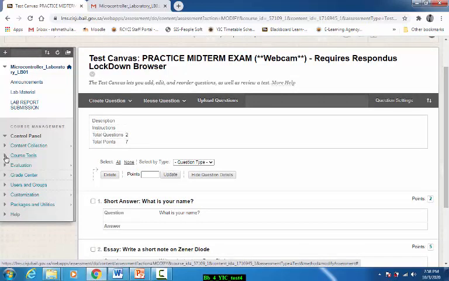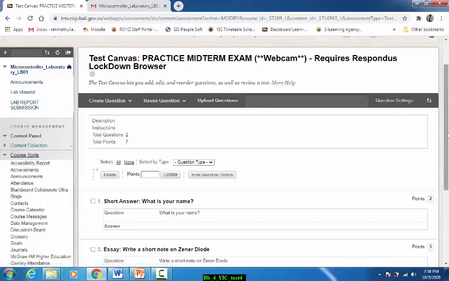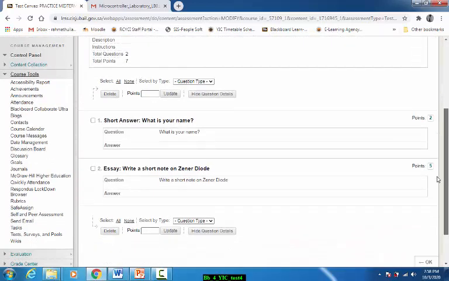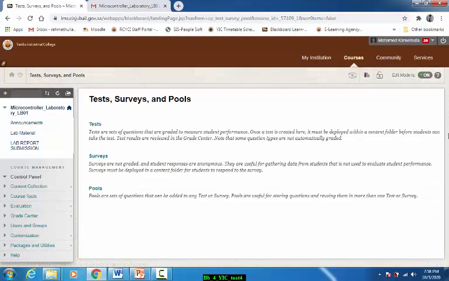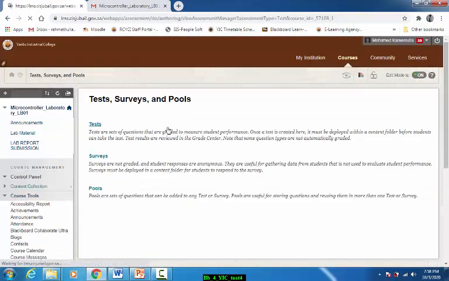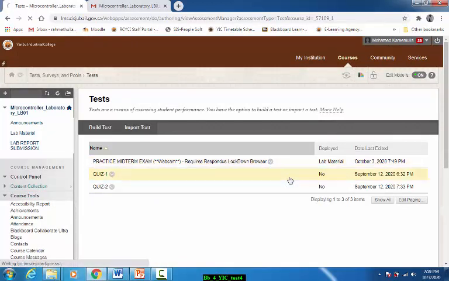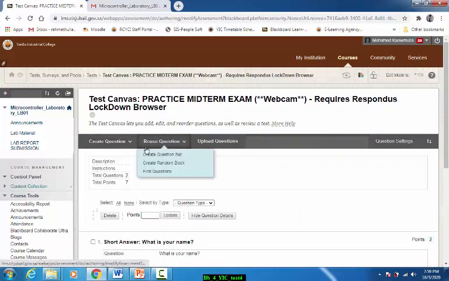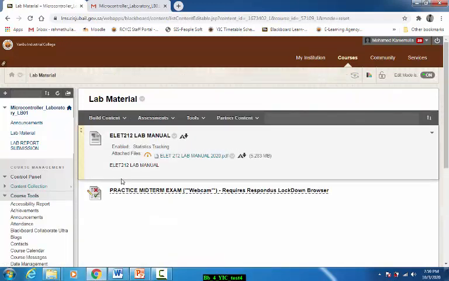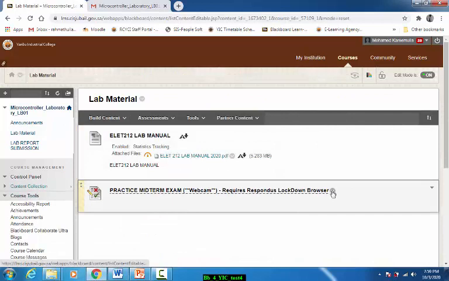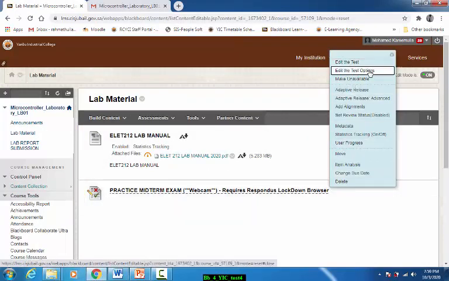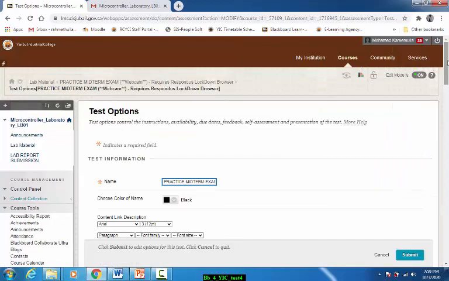Let me show you that password also. I think we have it somewhere here. Not here. Edit test options. Yes.